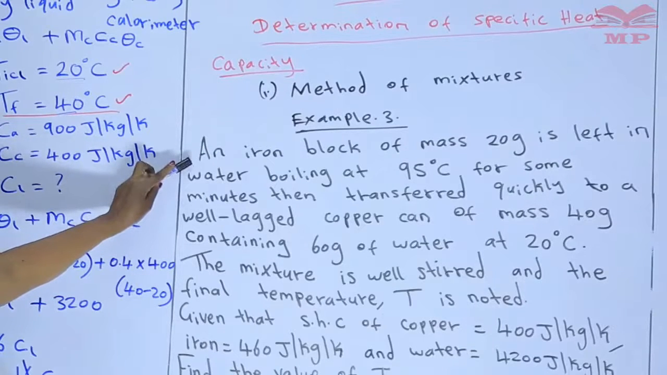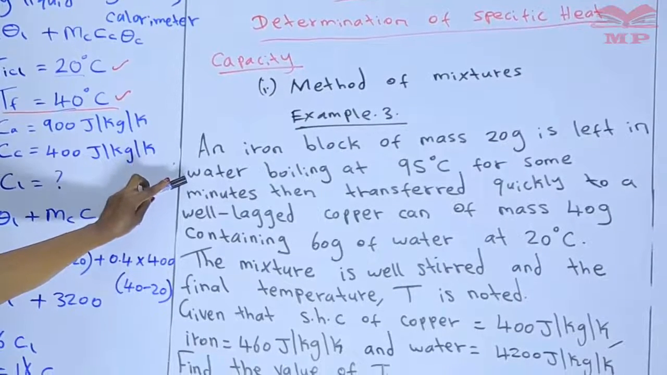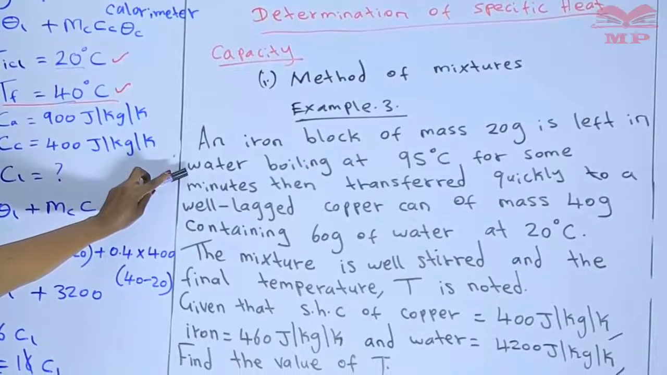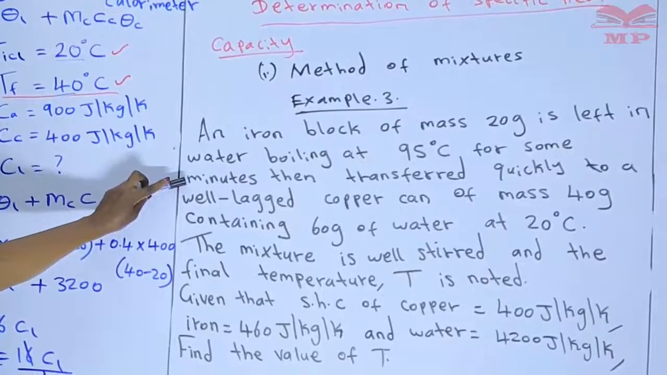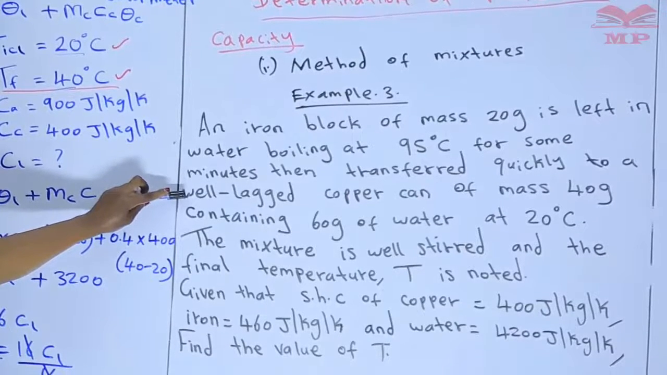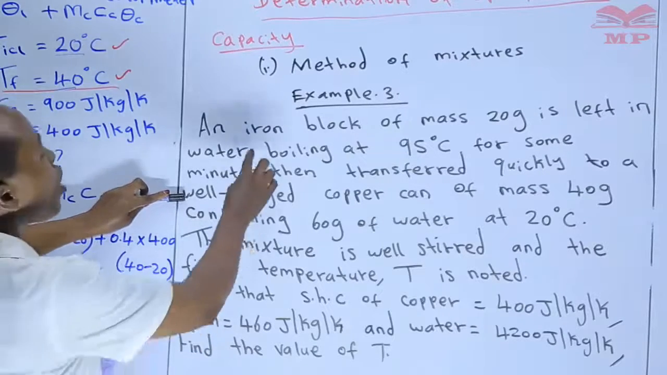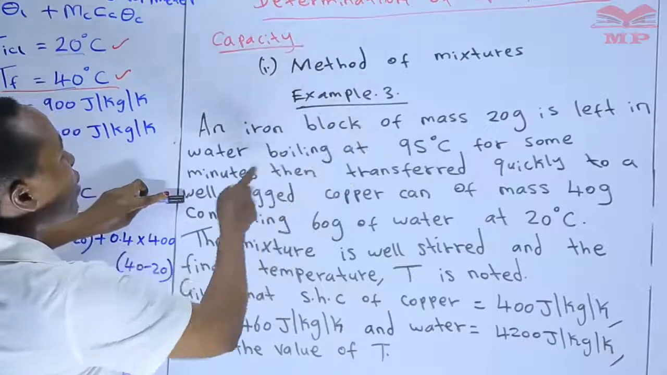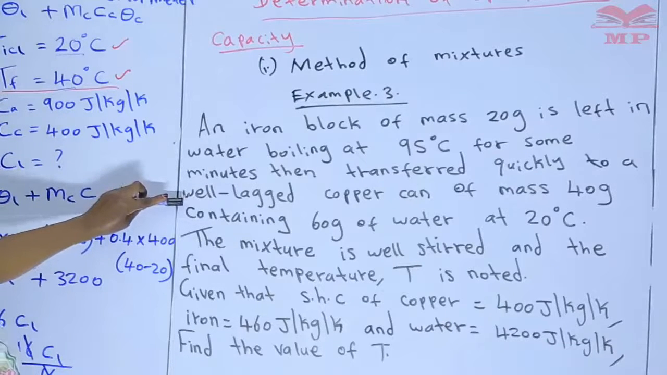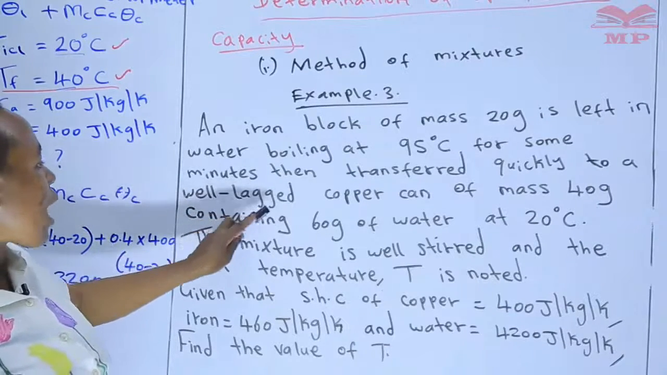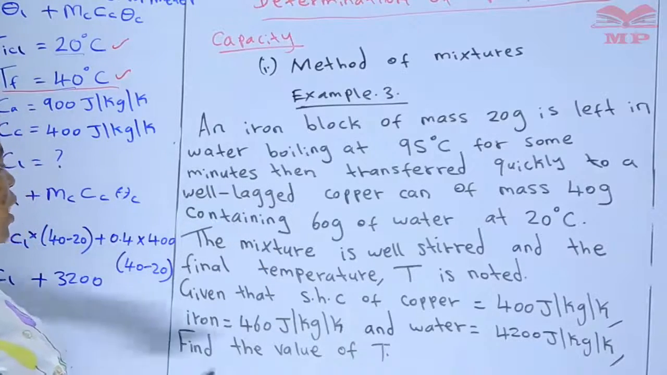An iron block of mass 20 grams is left in water boiling at 95 degrees Celsius for some minutes, then transferred quickly to a well-lagged copper can. So it must not be a calorimeter. In this, we are told it is a well-lagged copper can. So this block, before we move on, which is left in boiling water at 95 degrees Celsius, it means that it will also acquire the same heat as the boiling water. So then it is transferred quickly to a well-lagged copper can of mass 14 grams containing